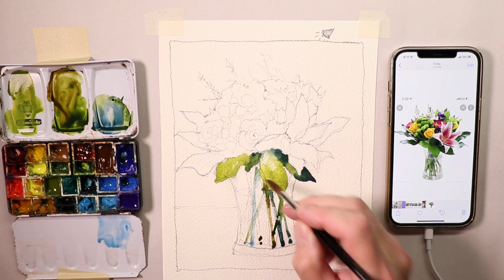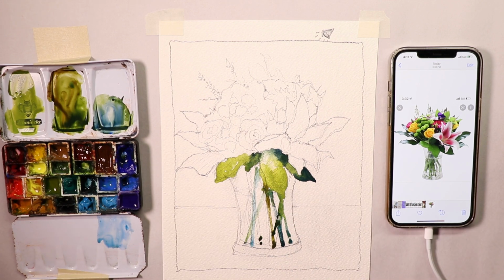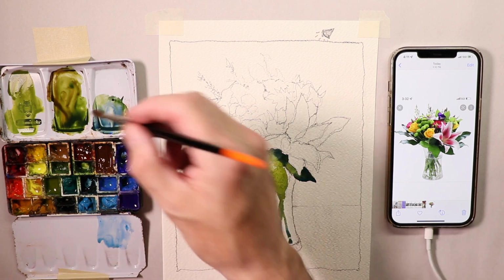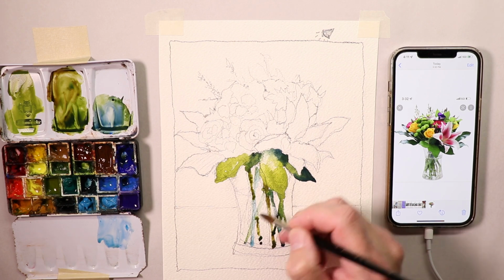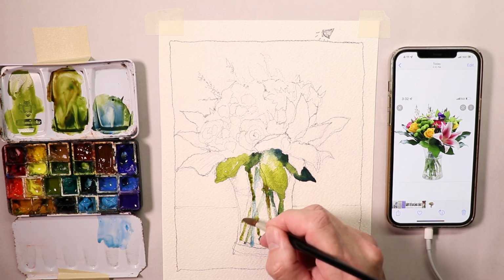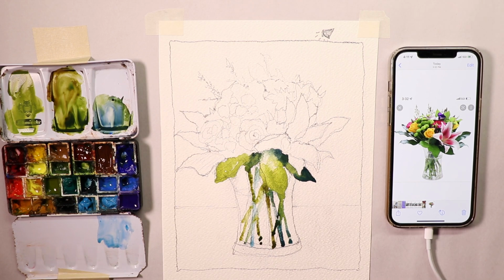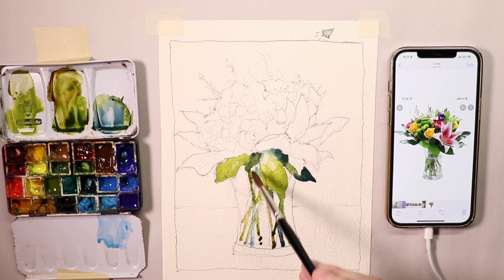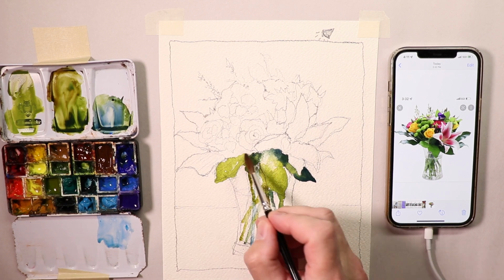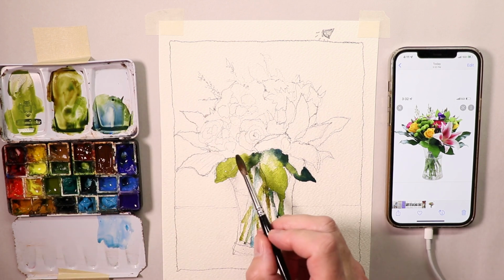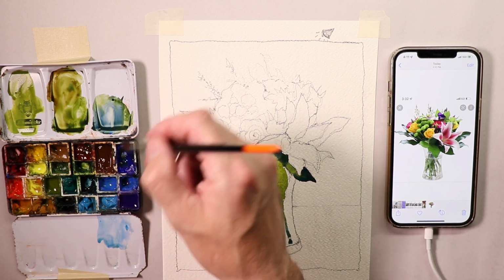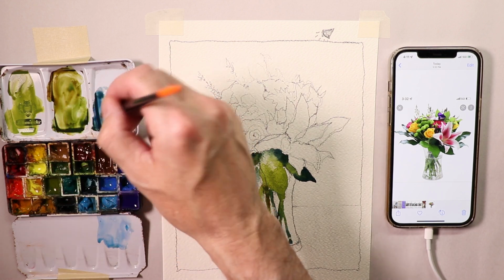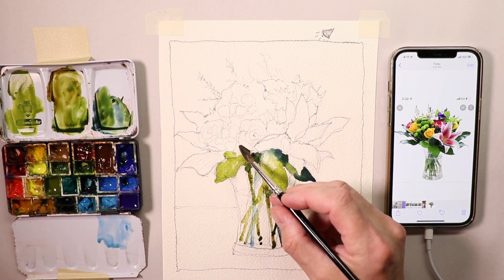So I'm trying to just get some stems started in my vase here, because before too long, I don't want to wait too long for those stems. I want to start doing those now. This way the water can flow around in those stems from up above here. That's a good kind of look to have, is some watercolor paints flowing around and mixing and mingling on the paper. So let's continue on here, sap green, and then